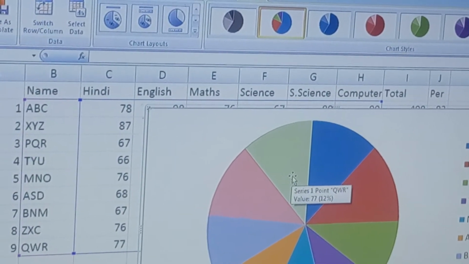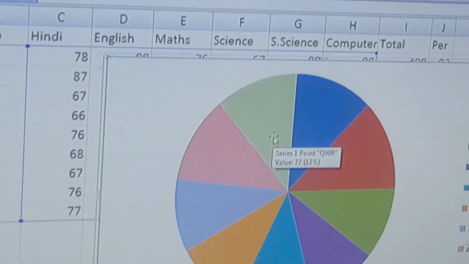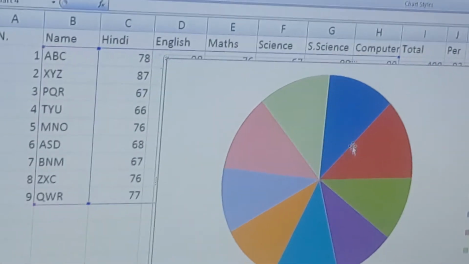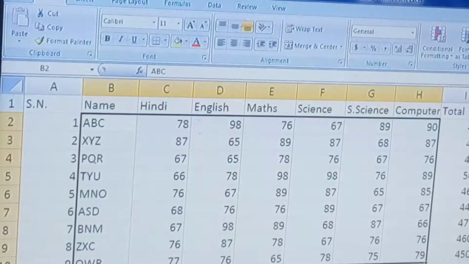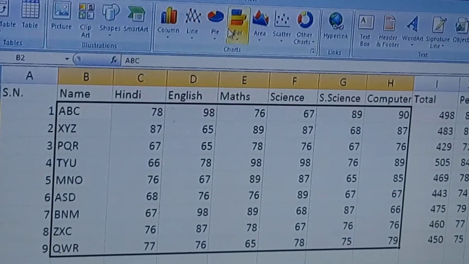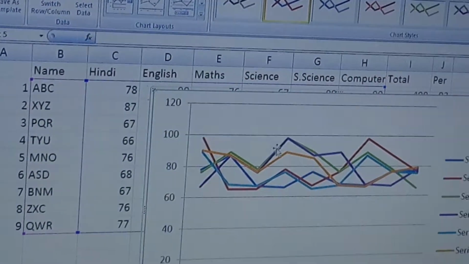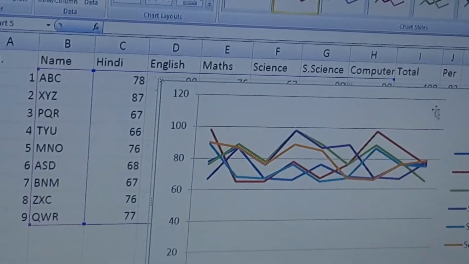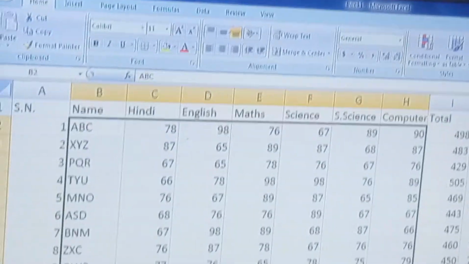You can clearly see the point QWR and value 77. It is 12% of the entire. It works on the percentage, and all other charts work according to the values. Suppose you select the line chart. It works on the value, and multiple series can be selected at a time.